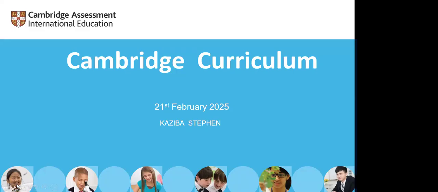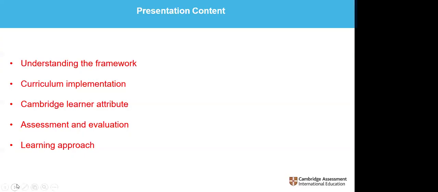I was asked by Mr. John to talk about the Cambridge curriculum, and from what he asked me to talk about: the framework, the implementation, the learner attributes, assessment and evaluation, and then the learning approach. So our discussion today is going to revolve around these 5 key areas that are needed for a successful implementation